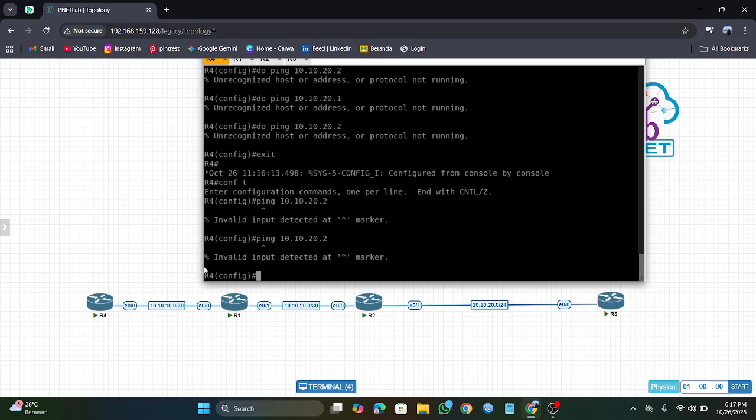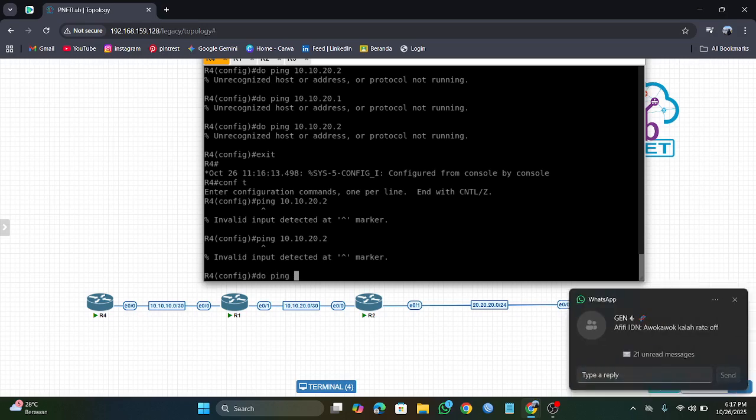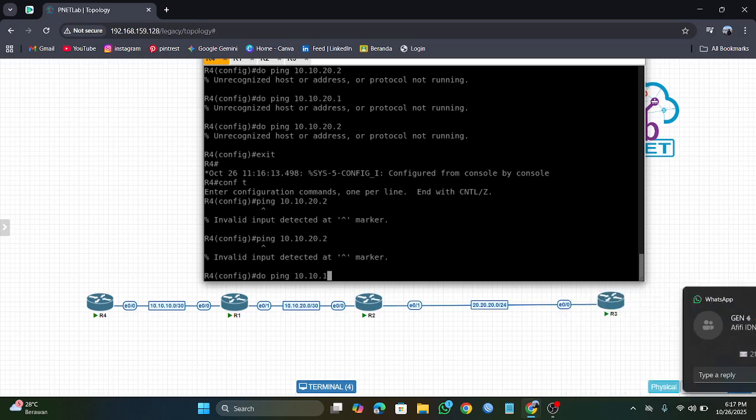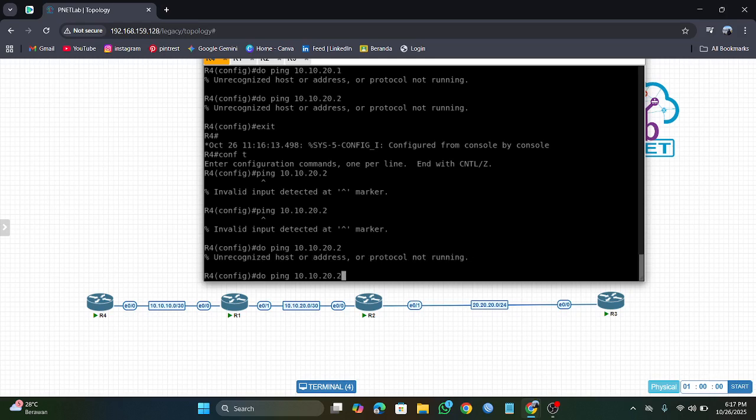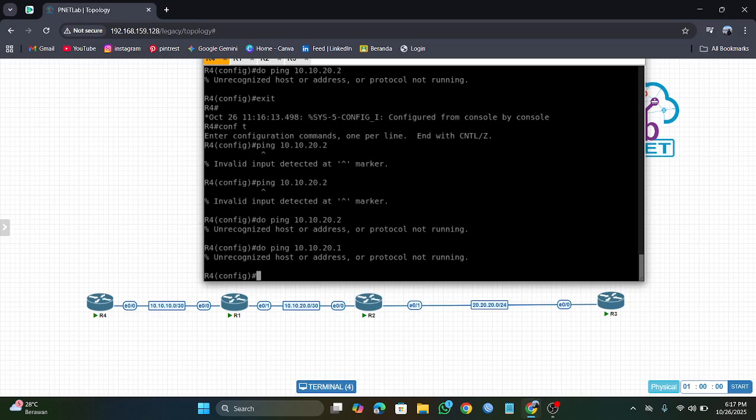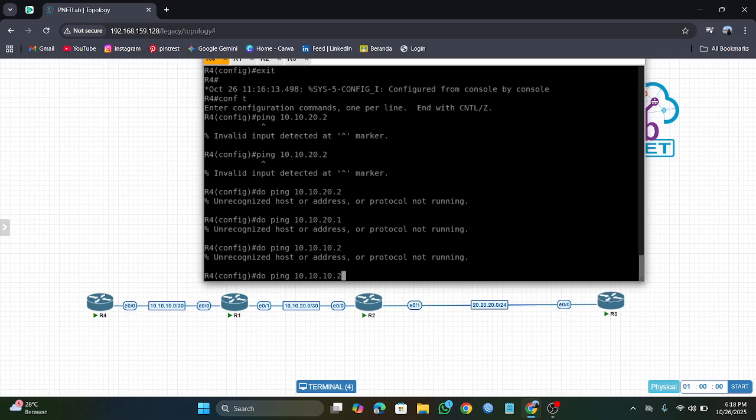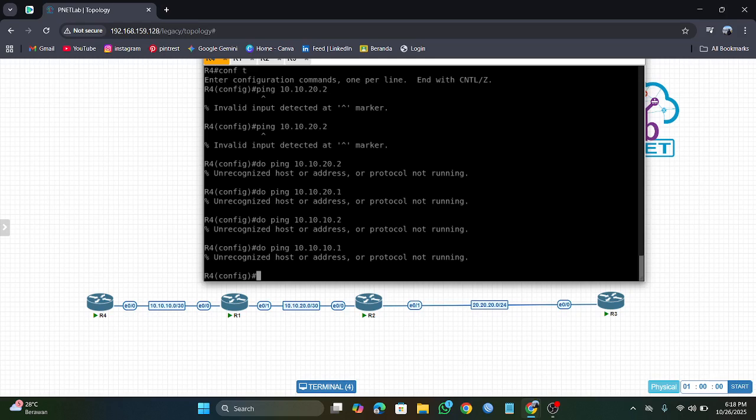You can see this is invalid, and you tap do ping. Okay, this, sorry guys, trouble.